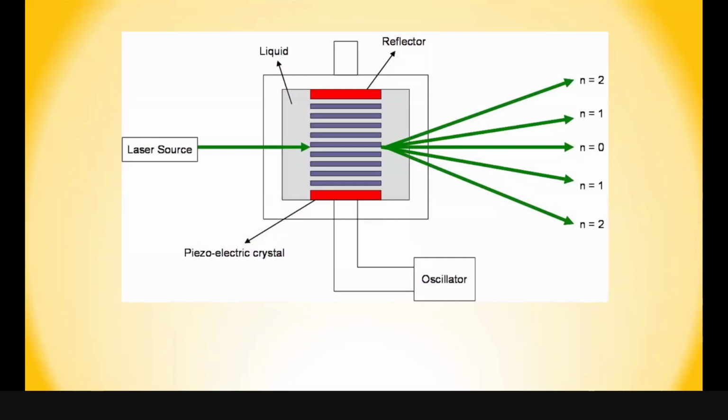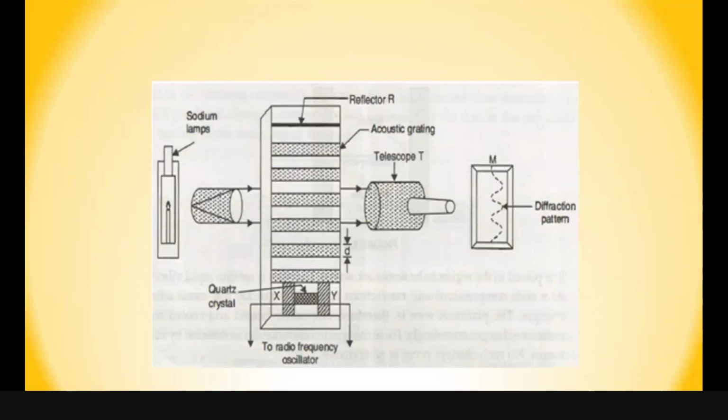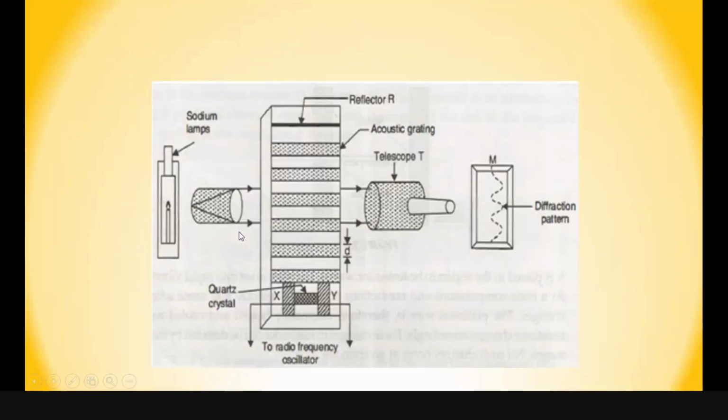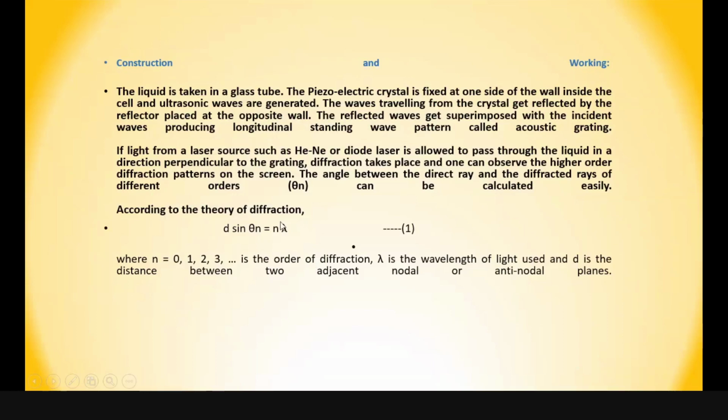One more figure is there, that's fine. So now we know what is Bragg's law. d sin theta is equal to n lambda. Okay, d is the spacing. Spacing means, as I have written here, lambda by 2, the spacing between the grating. This will also be d, the white one will also be d. And n, theta is the angle to find, lambda is the wavelength of the ultrasonic waves that is falling.